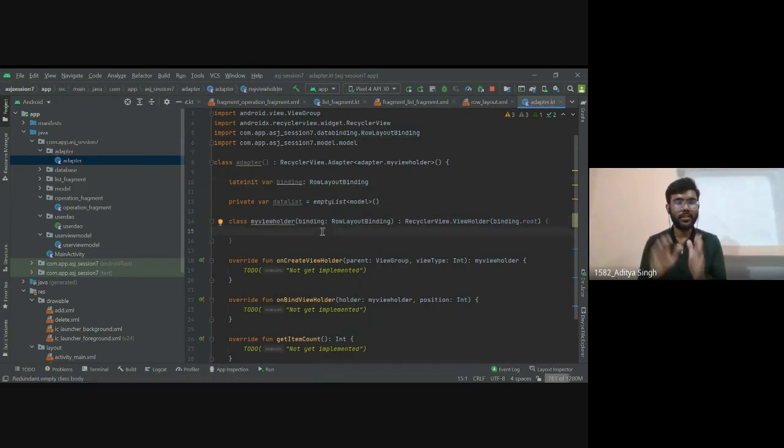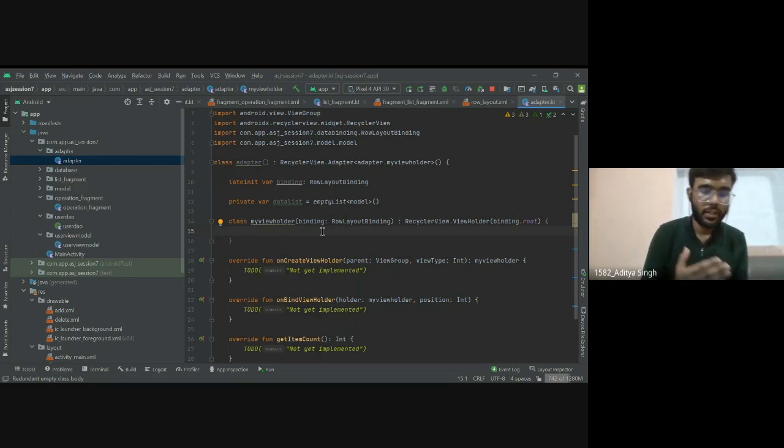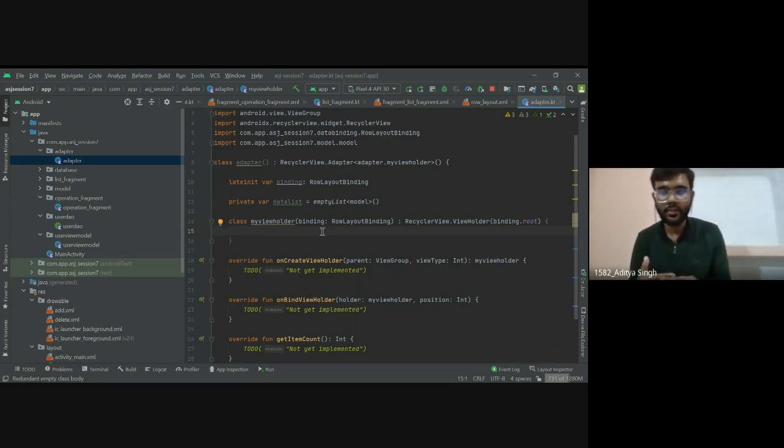Now inside this MyViewHolder class, we will initialize our views, like we created three EditText fields, so we will initialize them here inside this.